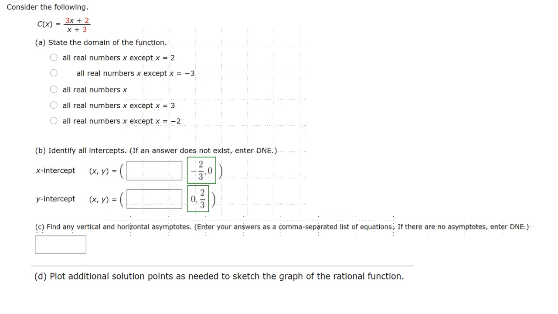All right, so let's look at another example, again answering all of the questions that lead us to our graph. So we have this function (3x + 2)/(x + 3). Let's state the domain of the function. Again, the domain of the function is where we account for any restrictions on it, right? So again, for our first step,